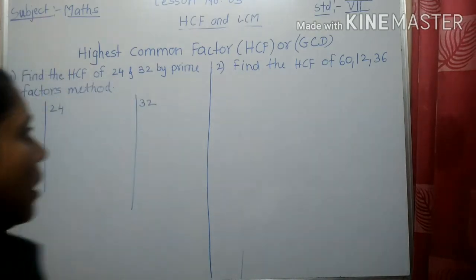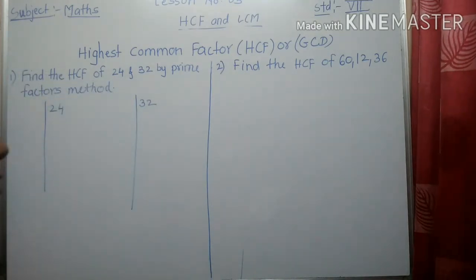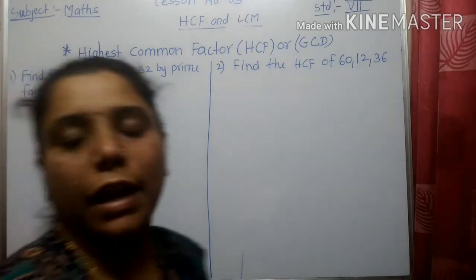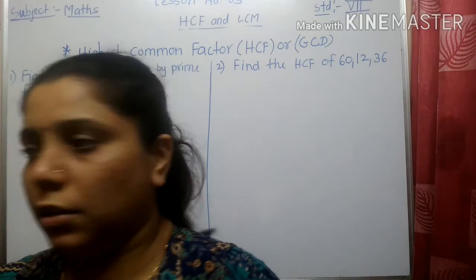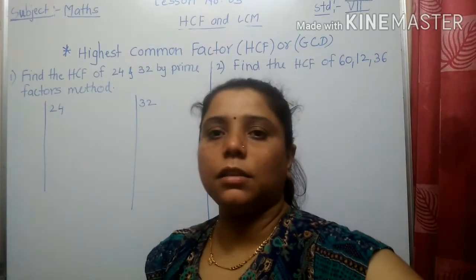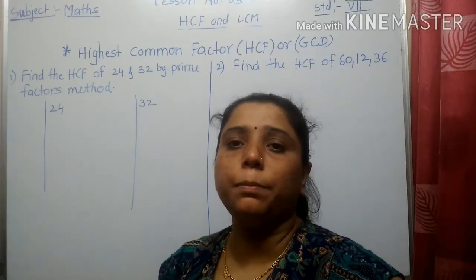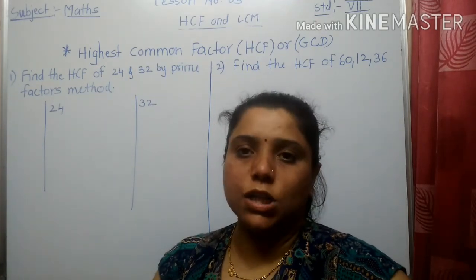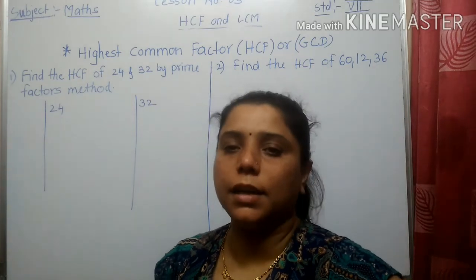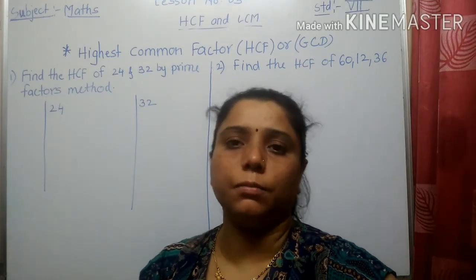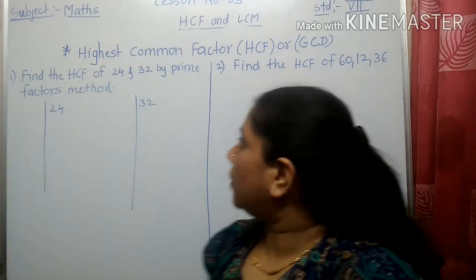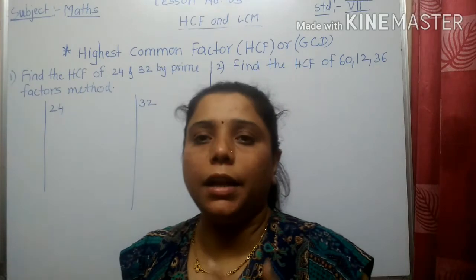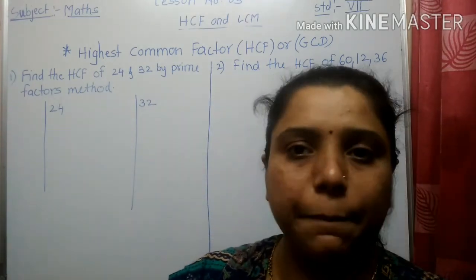Let us recall, the next concept is the highest common factor. Now we will come to the actual lesson. Whatever we discussed in the previous videos will be your previous knowledge of the concept of HCF. That knowledge is helpful to find the HCF and LCM of the given numbers. Is it clear to you? Now, in this video, we will discuss the concept of HCF in detail with the help of different examples.